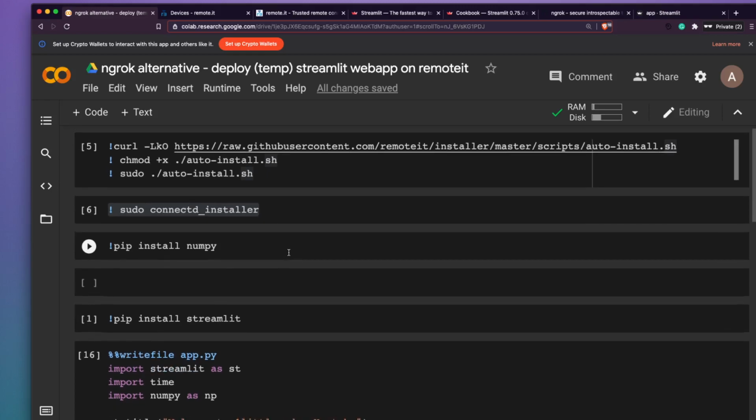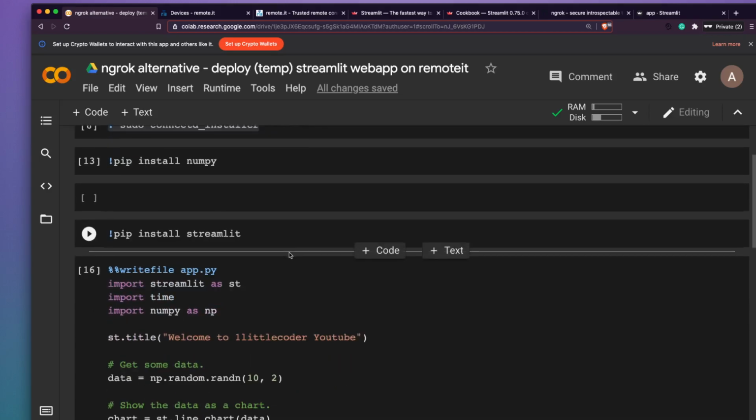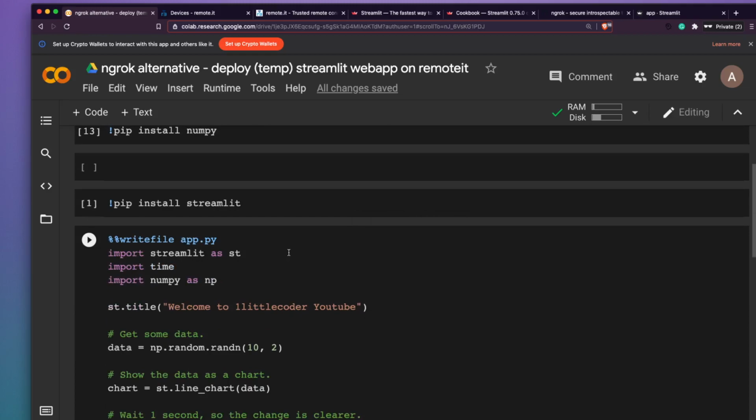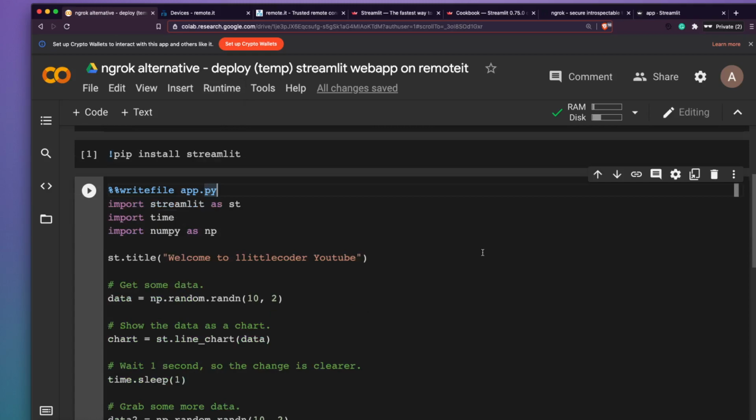So what we have done in this video so far is we registered for a service called Remoted, which is an ngrok alternative, and we installed the Remoted client side software. And after we installed the Remoted, then we installed Streamlit. Streamlit is used here for building our web application, which is what we are going to deploy using Colab. So why do we want a Colab backend? Very simple. So Colab is available on any browser. You don't need a text editor. Also, Colab gives you a runtime of TPU and GPU, which is again awesome, for free.